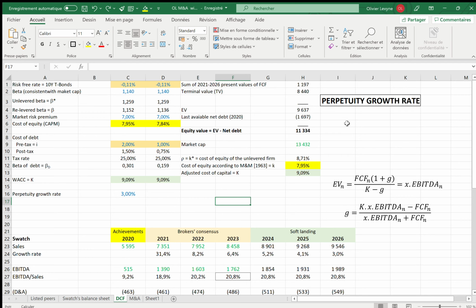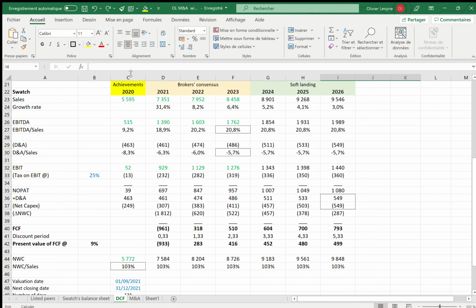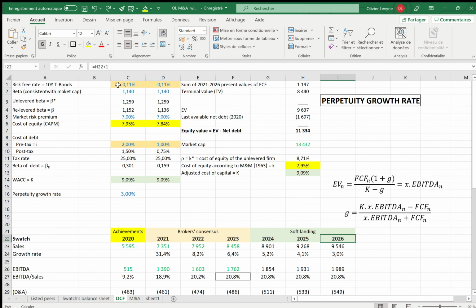This very short video is dedicated to the calculation or the fine-tuning of the perpetuity growth rate in a DCF approach. Here we have a full DCF model with the detailed calculation of free cash flows from 2021 till 2026. And we have here the financial assumptions which enable to get the WACC, the discount rate, and at the end